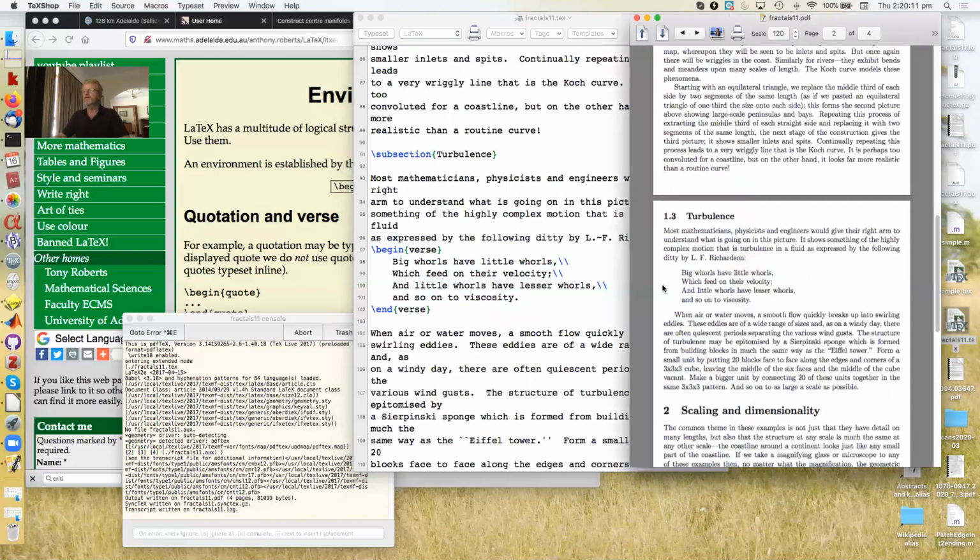Okay, now what happens when the verse is typeset? Again, there's a little bit of white space above and below, and it's indented in from the left. And all this is done for you. Now, one thing to note,